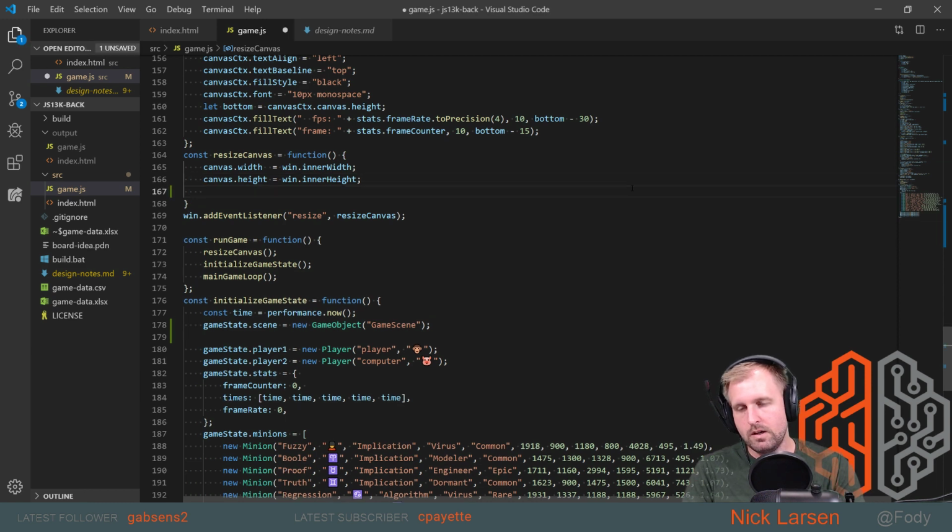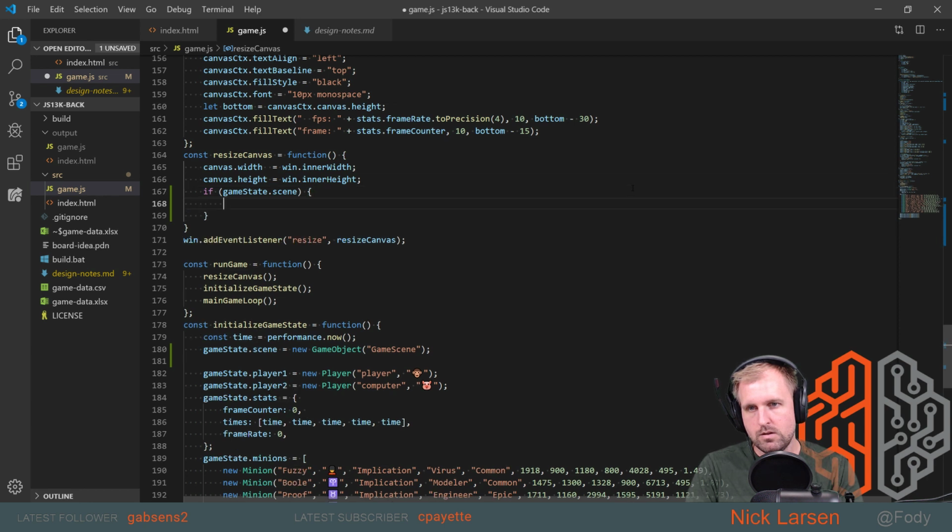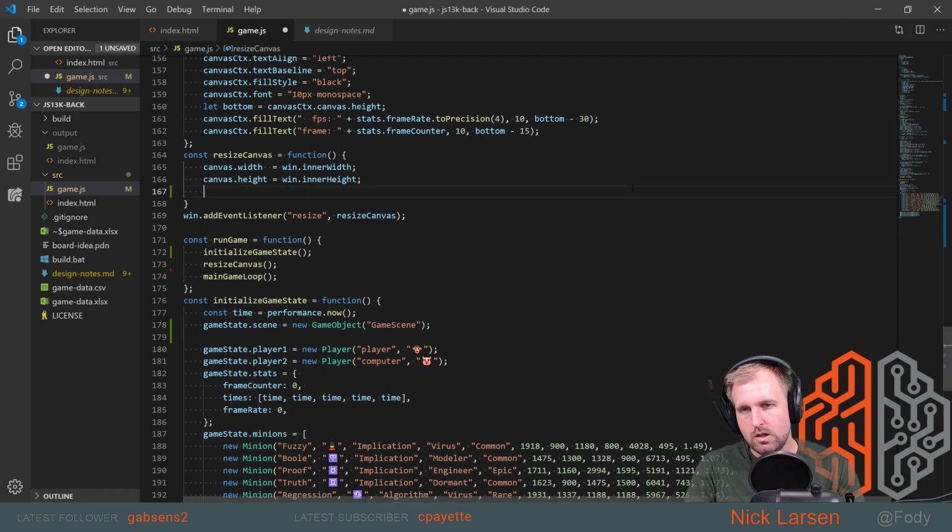So let's do something like if GameState.scene, and we'll just rotate these. All right, if GameState.scene, which I can now guarantee is going to be there, then we can say